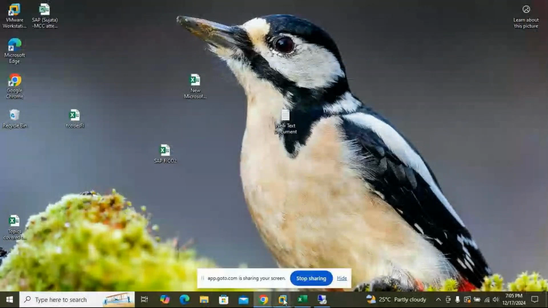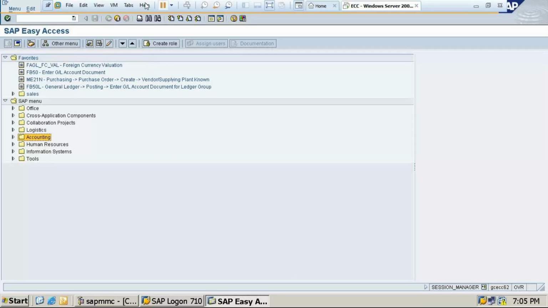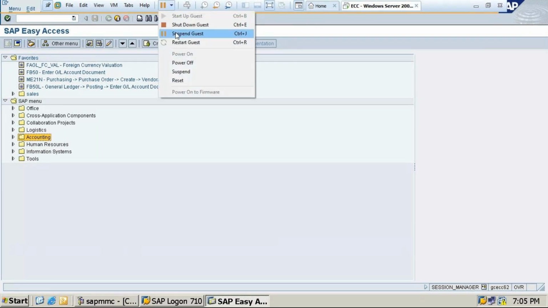See this. Are you getting this screen? This is called ECC Windows Server 2003. This top bar is displaying, students. In that we have options called suspend guest, and the shutdown guest is there. Is it displaying for you, Brunda? You can shut down the guest again. You can restart it at that point. If this particular screen is displaying, please suspend the guest, not shut down the guest, and restart the guest.